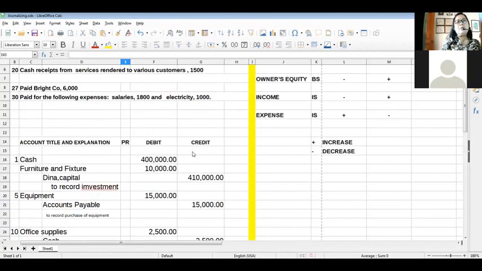So, after journalizing class, ang susunod na step nito ay classifying. And that is the posting of transactions to your ledger account. Okay, so next week,